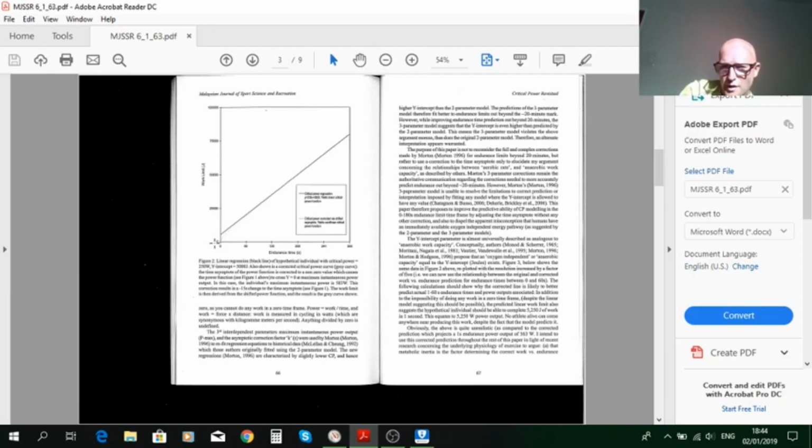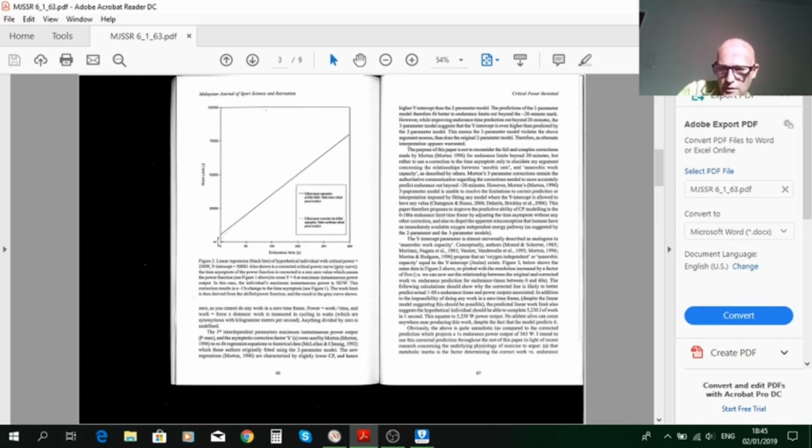suggests that this prediction, if you extrapolate backwards from about 60 seconds to no time at all, zero, this straight line predicts that you should be able to complete a small but an amount of work without spending any time to do that work. In other words, instantaneous production of energy, instantaneous production of work. Now, if you look at the physics of this, that's entirely impossible. That's ridiculous. That cannot occur.